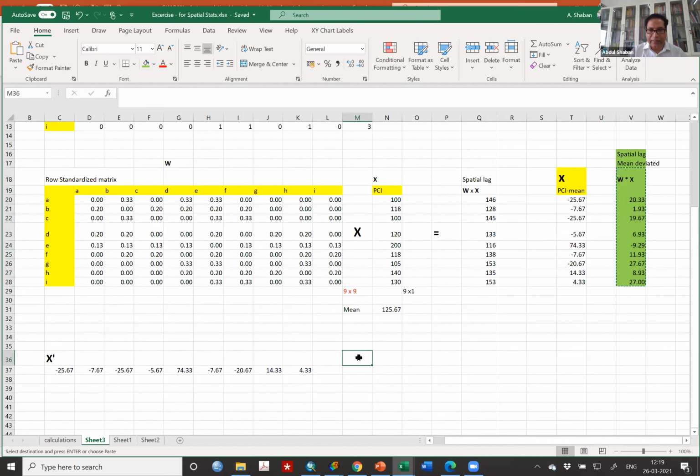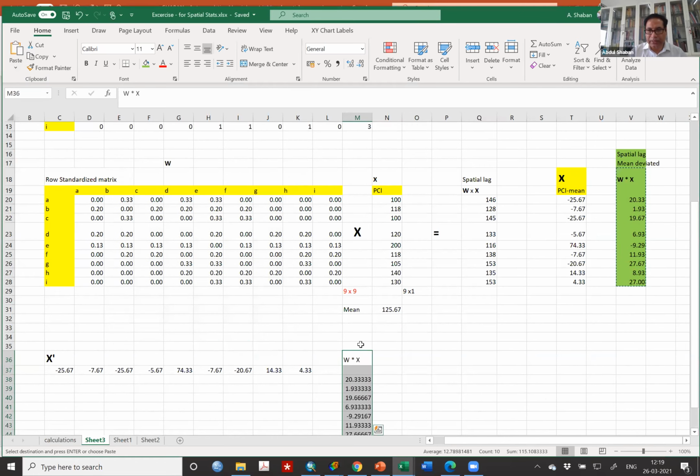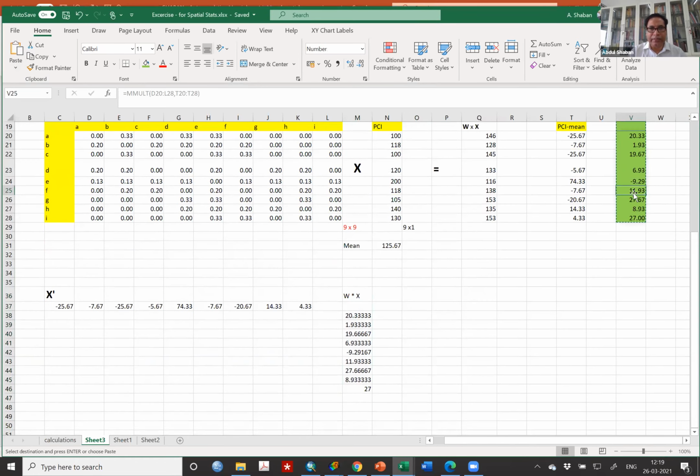I will right click, go to paste special, and I say don't transpose it, because I don't need transposition of this. Because it is in formula form, I say values. Values means it will turn into the values rather than formula. The mmult formula is there, so I don't need to remove the formula, but I need to neutralize it. So the same values have come here. Have you done it again? It is copying and pasting this time, removing the formula.